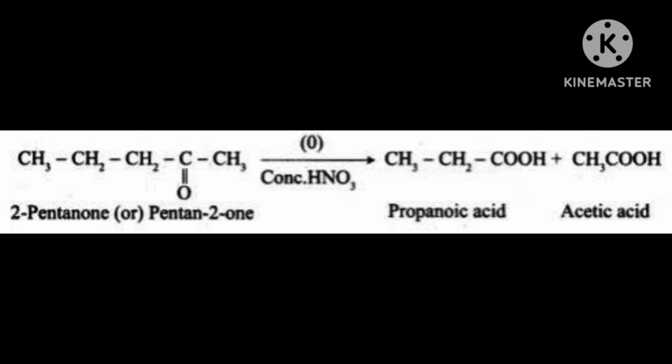Out of two hydrogens, one hydrogen will join, and one hydrogen is remaining. Now you got RCOOH, one carboxylic acid. I told you that you will get a mixture of carboxylic acids; one carboxylic acid you got, and another carboxylic acid you will automatically get, because when the carbon bond is broken,